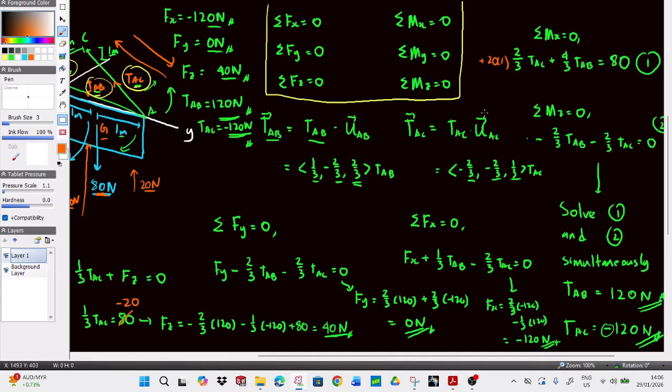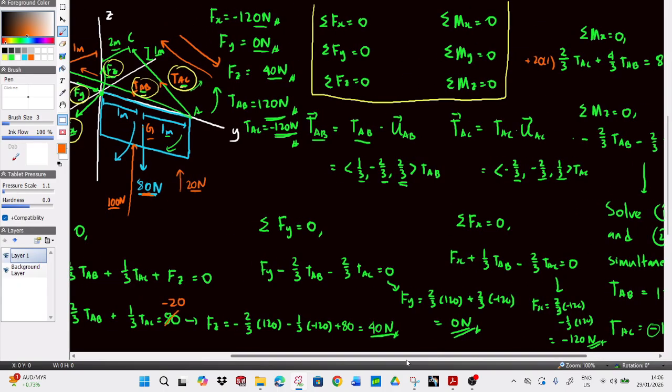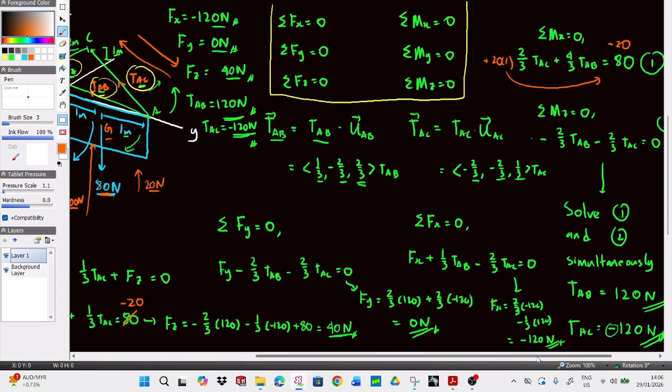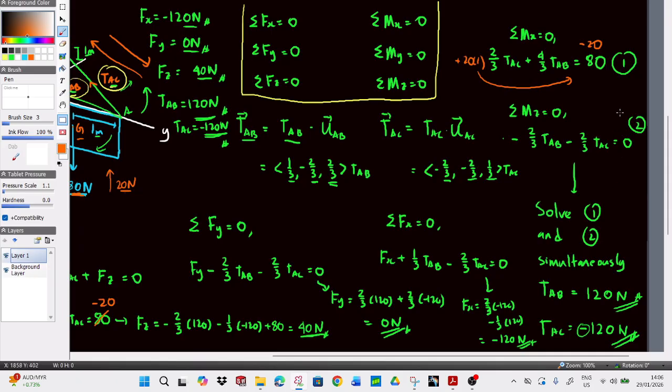This one was already considered. So plus 20, it'll be going upwards. That means if you transfer it here, it becomes negative 20. And once you solve the equation, what will happen to your tension? What will happen to your tension at TAC and TAB in this case? If we were to solve the equations simultaneously, which we'll do,